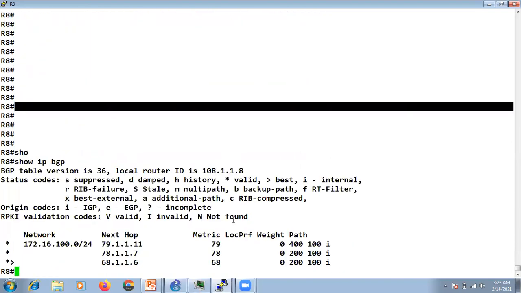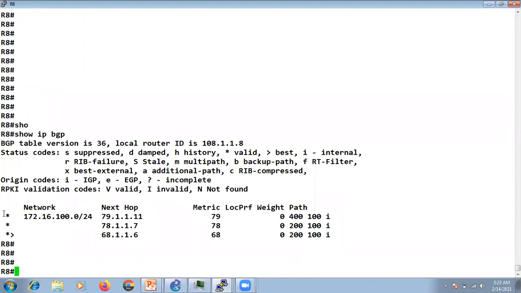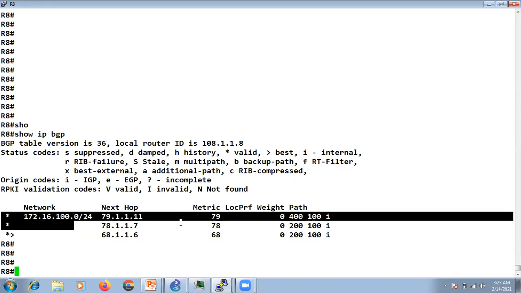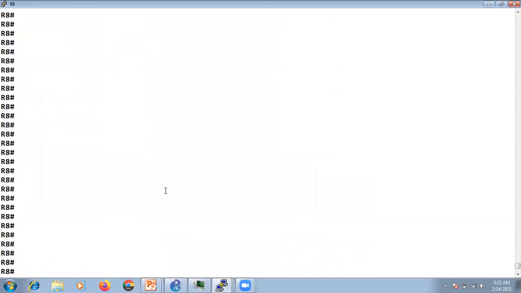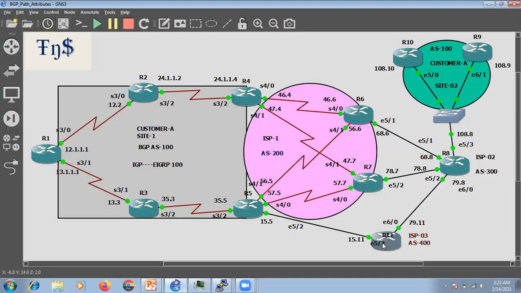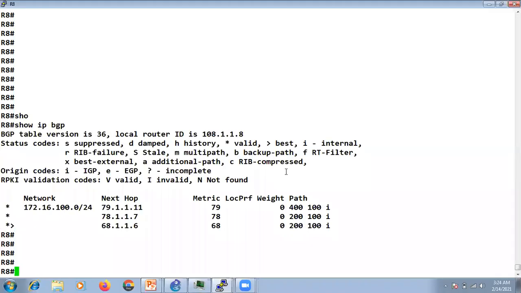Show IP BGP. Now we are receiving the MED, right? Okay, because in the route map we did not give the second permit statement. That's why all the other routes are filtered. So it doesn't matter, because we just need to see the behavior of MED. Earlier we were also getting these two routes, and now at R6, R7, and R11 we have applied the route map, and we just created only one sequence number in the route map to permit only one subnet. That's why we are sending to R8 only one subnet. So not an issue. Okay.